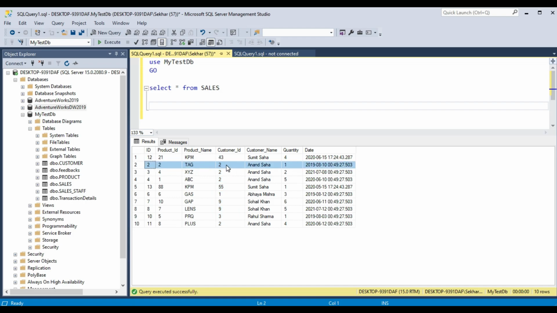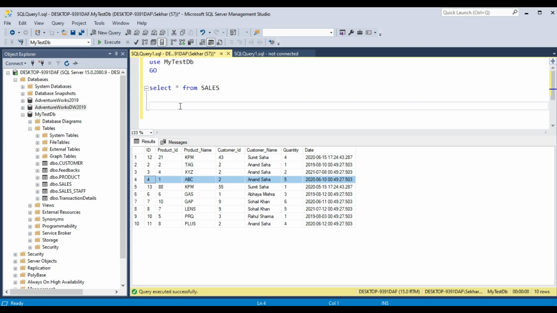In this order, the customer with ID 2 has made an order of quantity 1 of product name TAG. Similarly, in the next record, you can see the same customer has made another order of quantity 2 of another product, and so on.